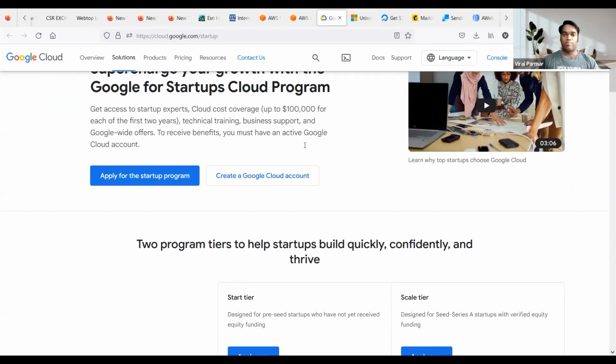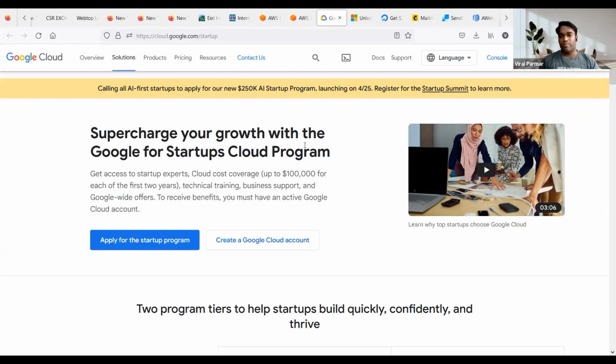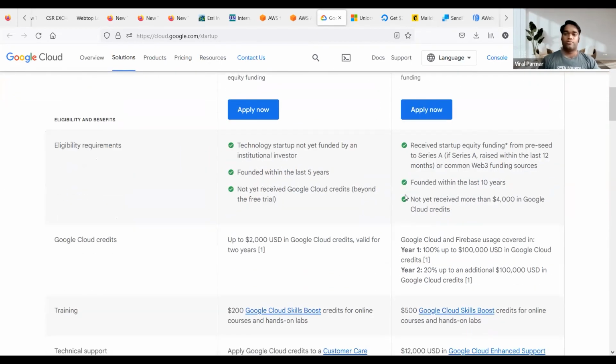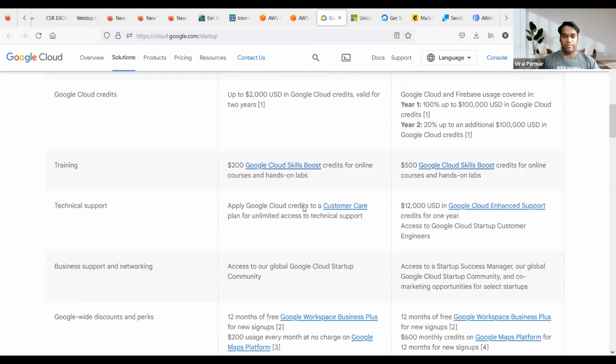Then similarly, there are Google credits as well. You can apply for the Google Cloud program. If you're a startup and you want some Google credits, on an average as an individual you will get a credit of $500, initially without any documentation, when you join the cloud platform. But if you are a startup, you can get more, for 2 years, though you'll have to meet all the criteria. Also, if you associate with any incubation center, up to $2,000 credit you can easily get.